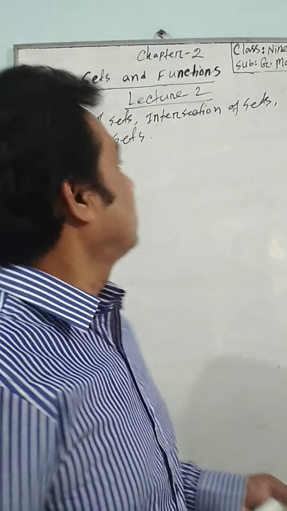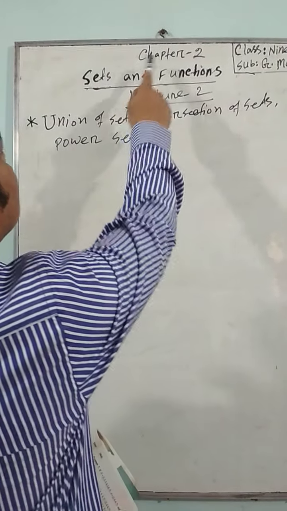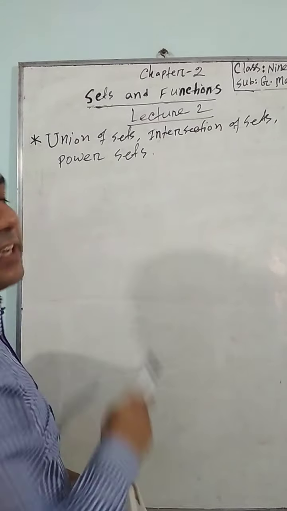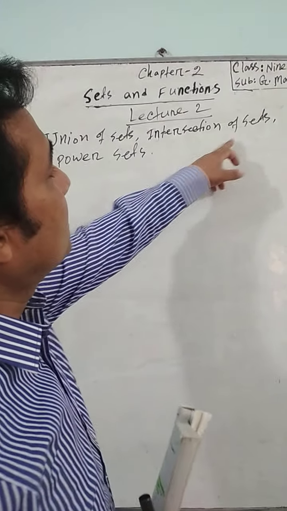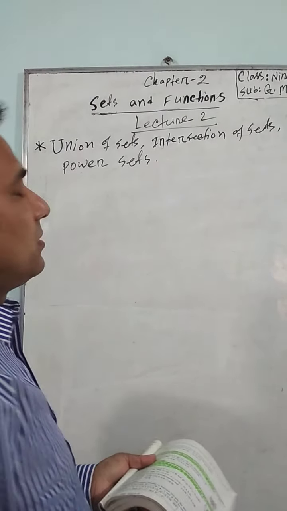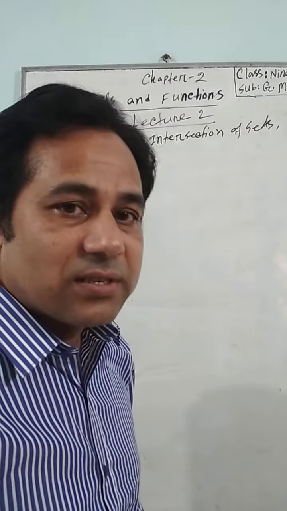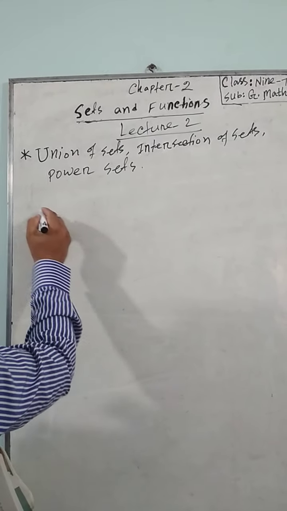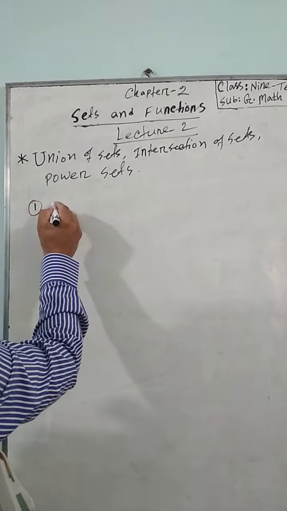Today's topics: Chapter 2 Sets and Function, Lecture 2: Union of Sets, Intersection of Sets, Power Sets. Now we'll discuss the definition of three sets. First, number 1,